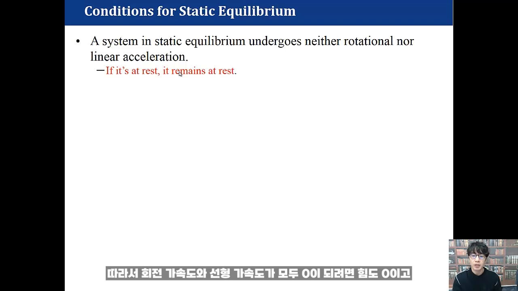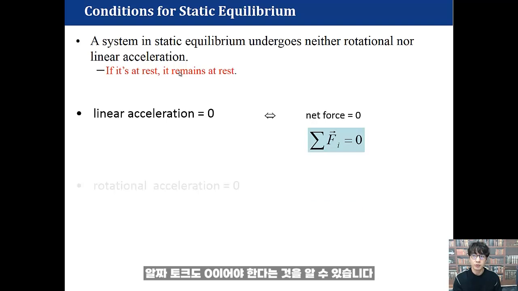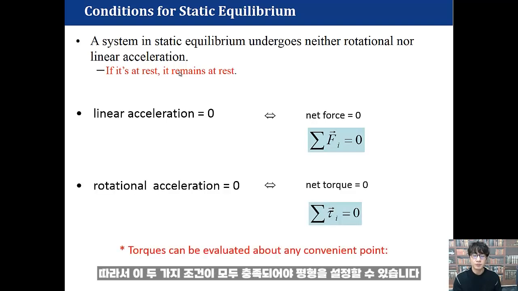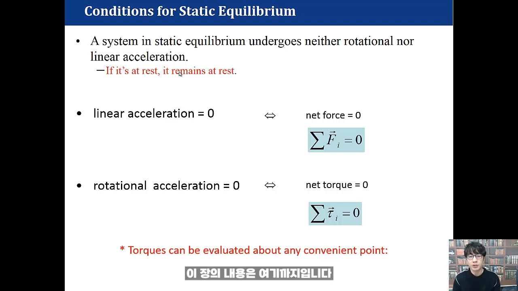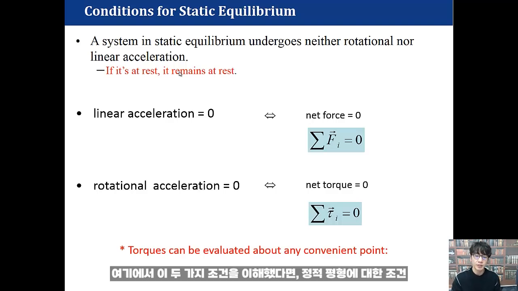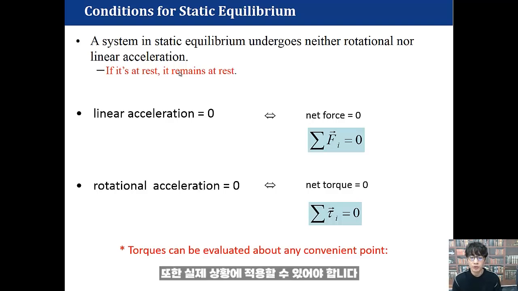So for both rotational and linear acceleration to be zero, we know net force should be zero, and net torque should be zero. Both of these conditions should be met for static equilibrium. That's all about this chapter. From here, if you understand these conditions for static equilibrium, you also need to be able to apply these conditions